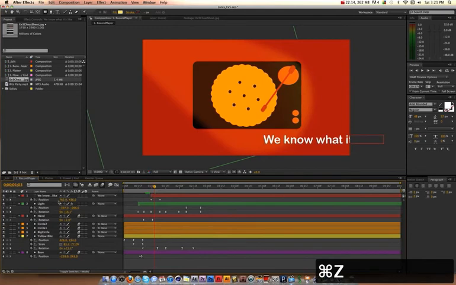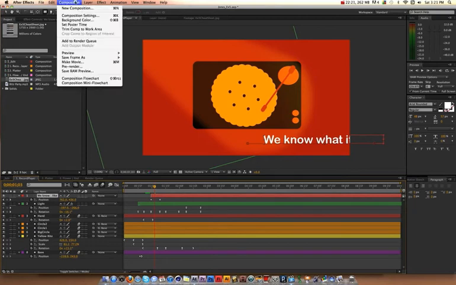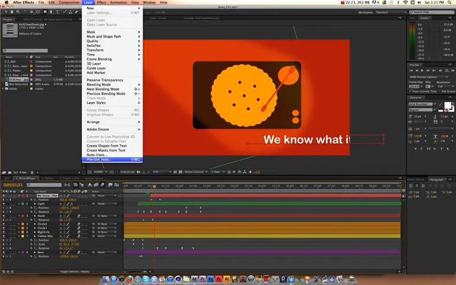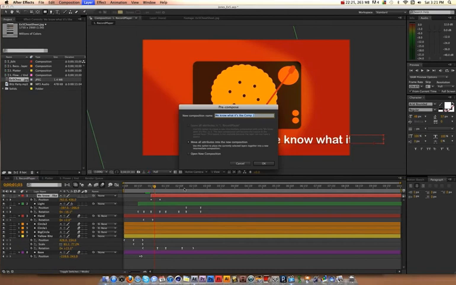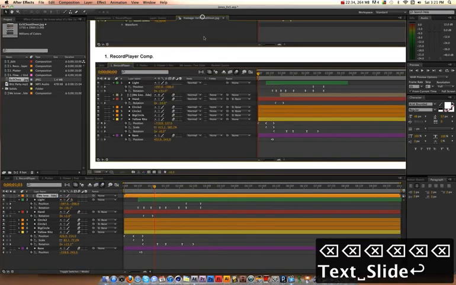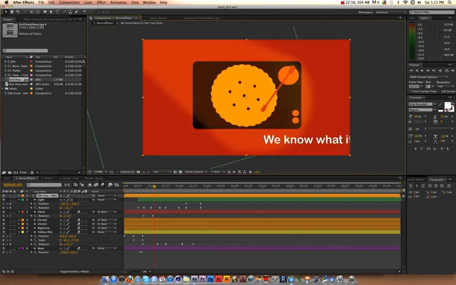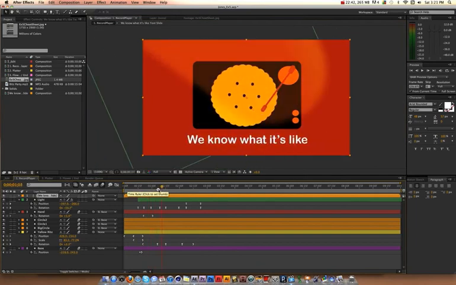So I'm going to pre-compose this. So I've selected on my We Know What It's Like text layer, and I'm going to go to Layer, Pre-compose at the very bottom, and we can just call it Text Slide, which I think there's a typo in the cheat sheet. It says like text slide. Anyway, so I've got this comp here, and I've got the same type of movement of my